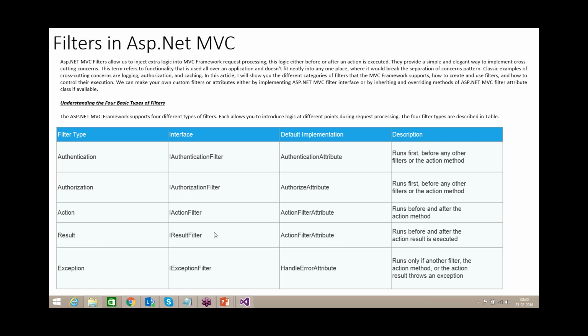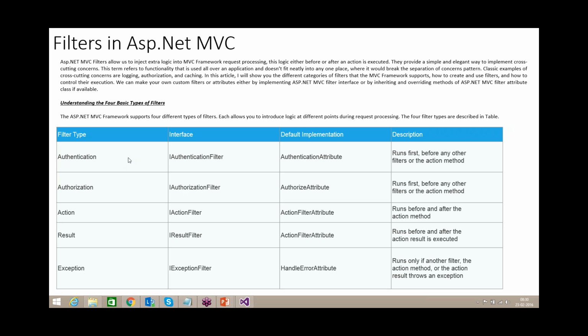For action and result filters, no need to define these on your actions, by default it will take care. Action filter means what kind of action you are going to execute, and whether you are returning a view or an object will be taken care of by your result filter. Okay, these are the filters.